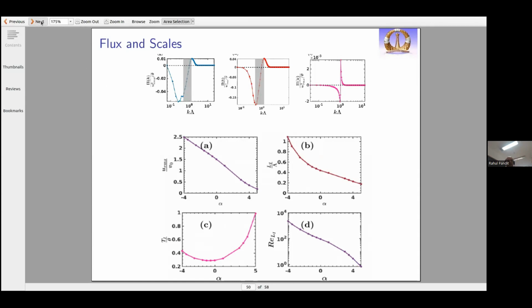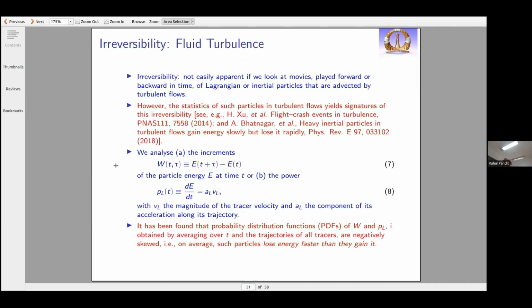But this is all Eulerian for the moment. We want to do Lagrangian measurements, and all of you know that if you look at a movie of Lagrangian particles in a turbulent flow and you play it backwards and forwards, then to the unaided eye, it's not very trivial to figure out whether it's going forward in time or backward in time. So it's sort of clear what you should do, and it was first enunciated in a paper by H. Su and his co-authors, including Alain, if he's still in the audience. They call these flight crash events, and somewhat later, Akshay Bhatnagar, Dhruvaditto, and I, and others showed that